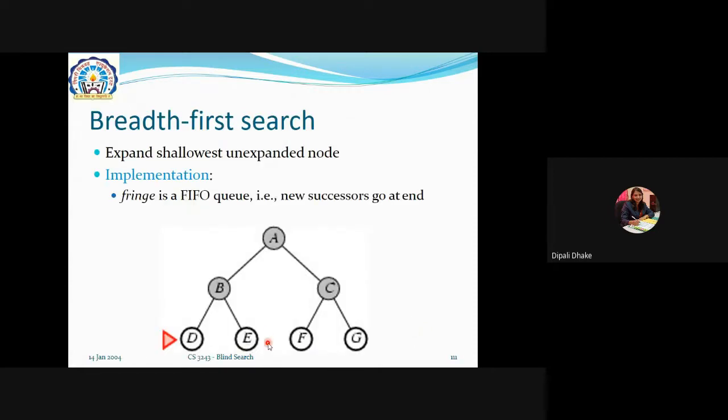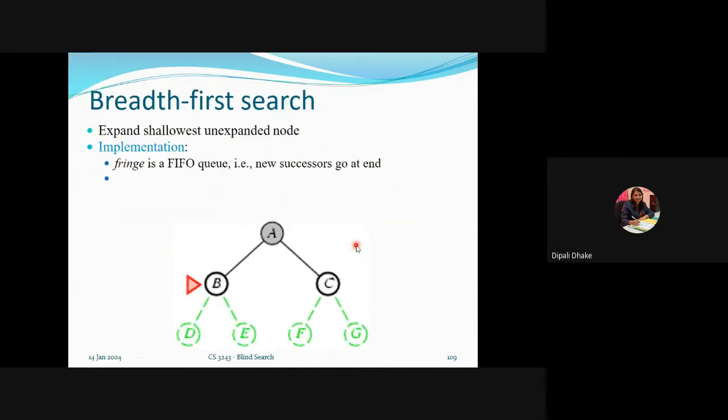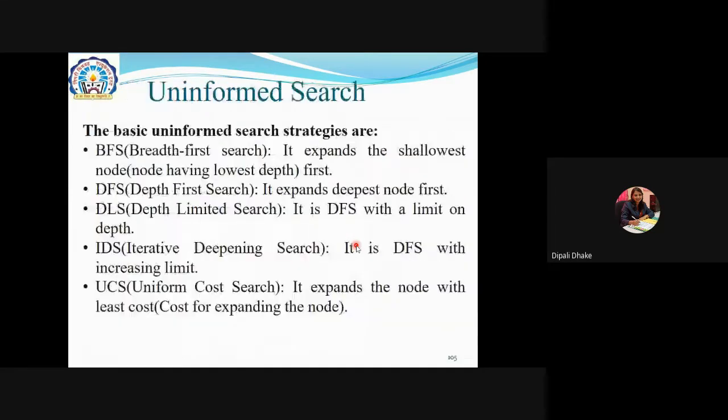So we have one more example. It may stop here, it may stop here, as per your example. It will change. See here, it mentions some fringe. Fringe one means it's the first node. Fringe two and three means, in the second level, how many nodes are there? It's two and three. You have to remember the word fringe. I mention it here, see where I mention fringe.